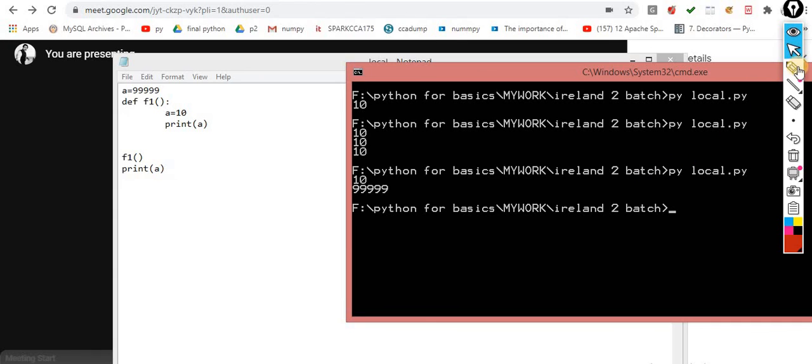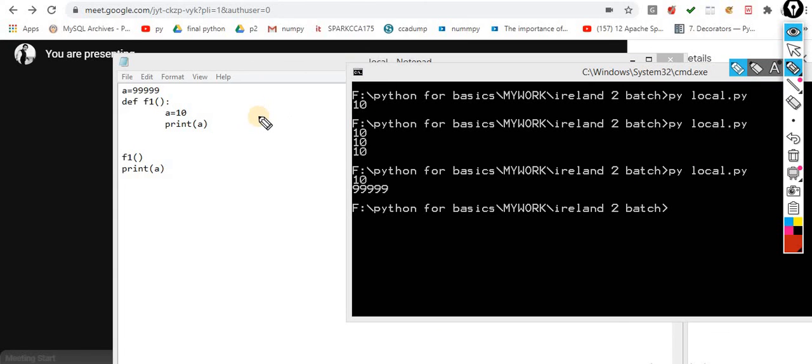Why so? Because inside Python, keep this point in mind, it will always give the priority to the local value first.